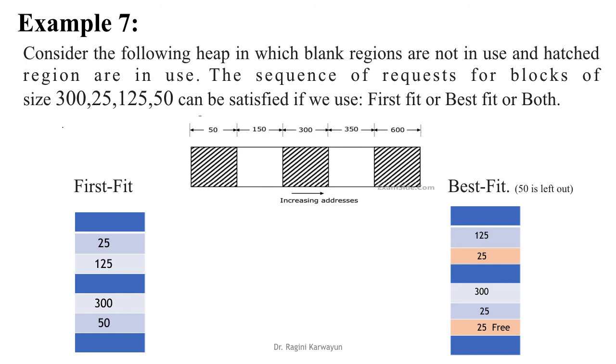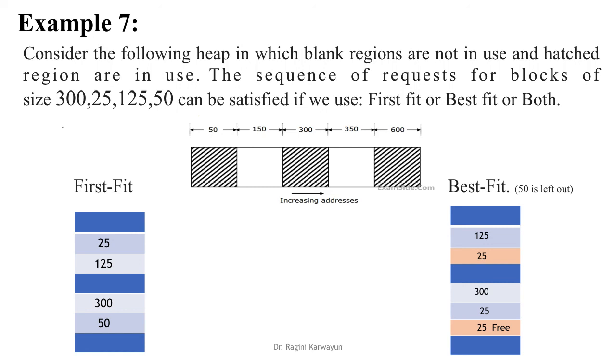The next process is 25. We are using first fit, तो 25 जो है, पहला जो होल big enough है, that is 150. तो 25 प्रोसेस को हम 150 में जगह दे देंगे, leaving 125 free. Now the next process, 125, will be allocated the remaining 125 free that was left out of the 150 partition. तो यहाँ पे 25 और 125 आ गए हैं. Now the last process is 50. You had a hole of 50 left in the 350 partition after allocating 300 memory space to the first process. तो यहाँ पे आपने चारों प्रोसेस को स्पेस अकोमोडेट कर दिया है.